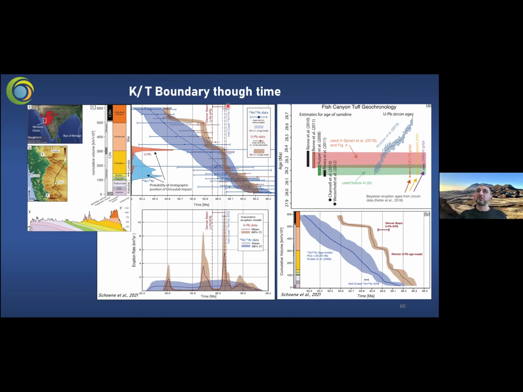This is the argon-argon age produced by Sprain on the Elk Creek. This is the uranium-lead of the KT on the Denver Basin. So everything seems to be concentrated here. Of course, you have less precision for the argon-argon. So everything seems to be okay, despite the fact that you have a huge uncertainty for argon-argon, which is normal, it's calcium correction. But there is another figure in Schoene et al. that shows the effect of the standards you use and the age of the standards.